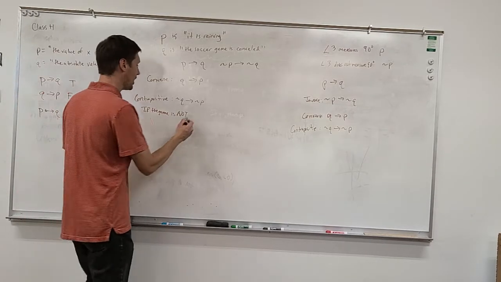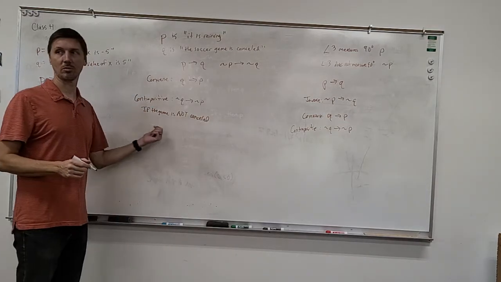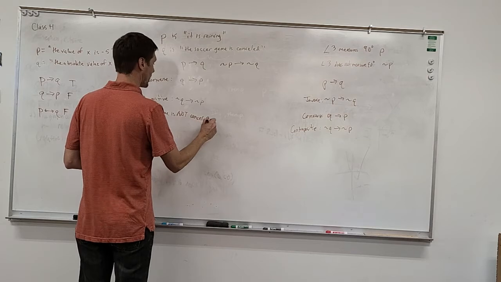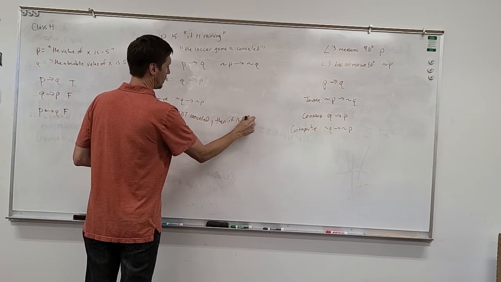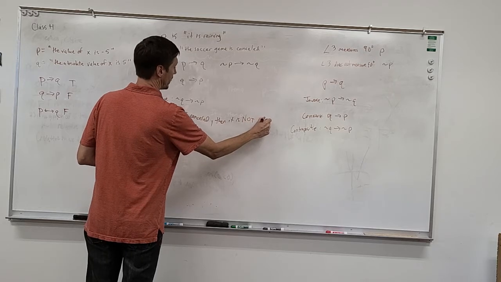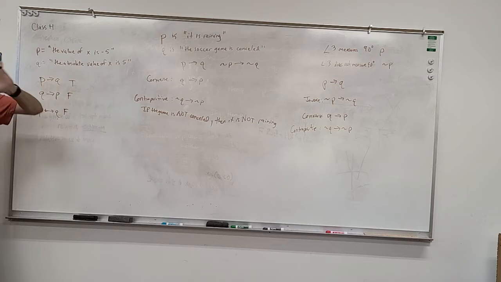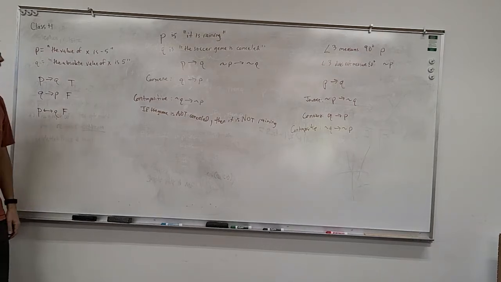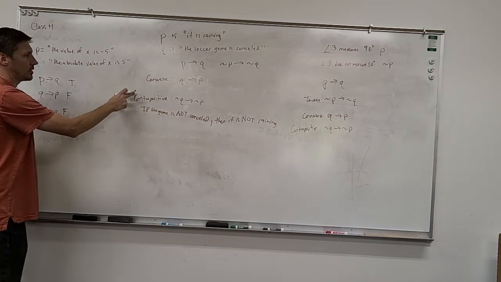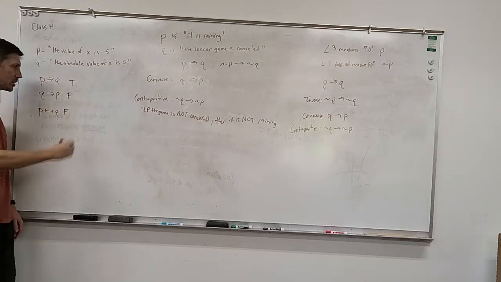If the game is not canceled, then, actually, it's just because I didn't leave enough room on the board for soccer. But if the game is not canceled, then it is, again, not raining. So you guys see how the symbols can help us. If we've got an original statement, we can say, okay, this is our P and this is our Q, then it's really easy for us to think about these things. It was kind of hard to write down the long box before,